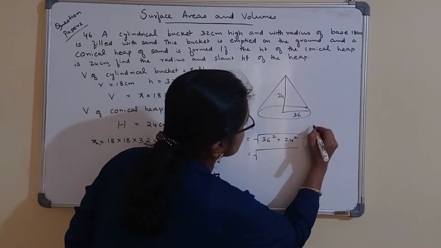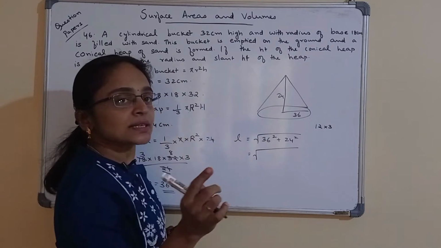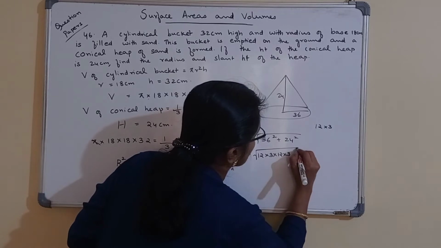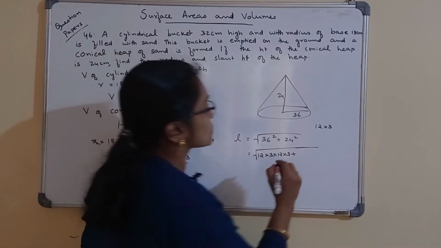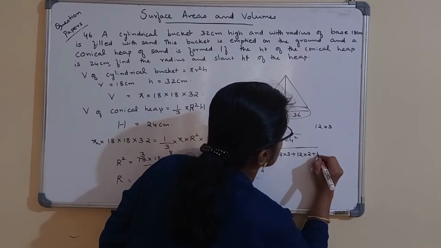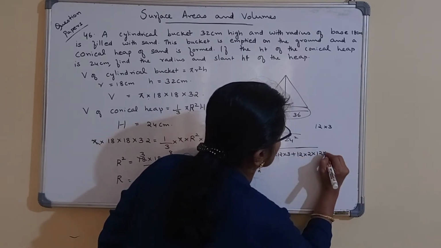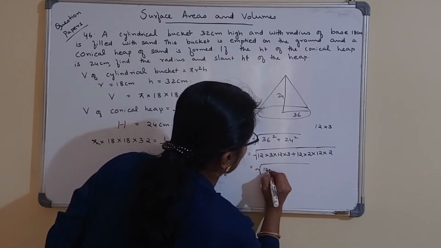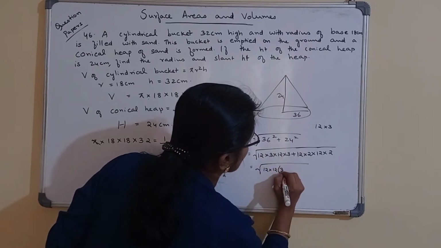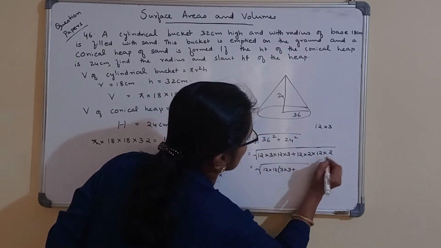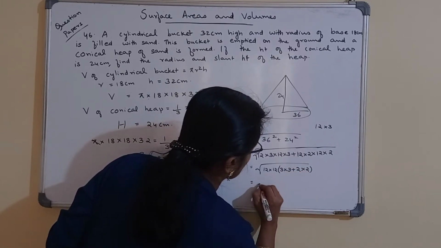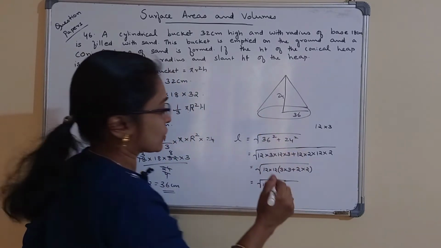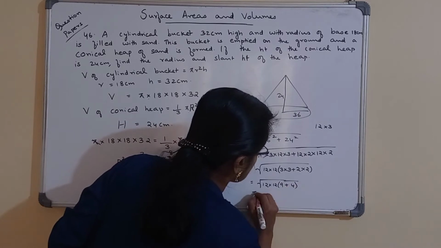36 square. 36 is 12 into 3, right? So 36 square can be written as 12 into 3 into 12 into 3 plus 24 is 12 into 2. So we can write it as 12 into 2 into 12 into 2. Okay, so if we take this 12 into 12 out, we have 3 into 3 plus 2 into 2, which is equal to root of 12 into 12 into 9 plus 4, which is equal to root of